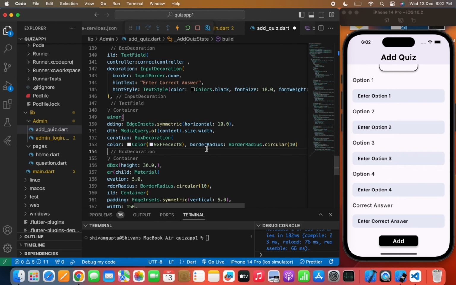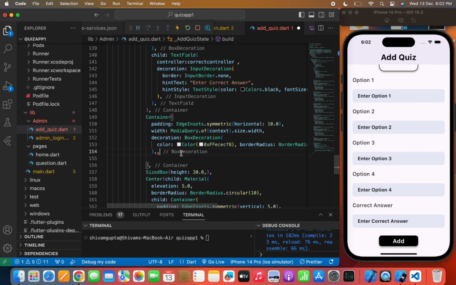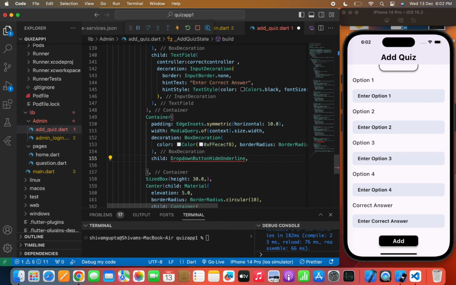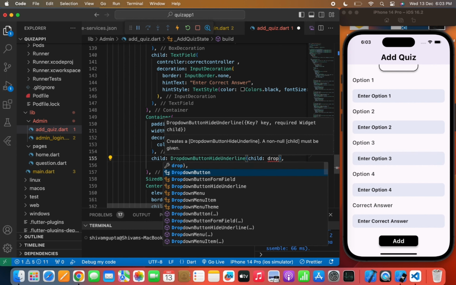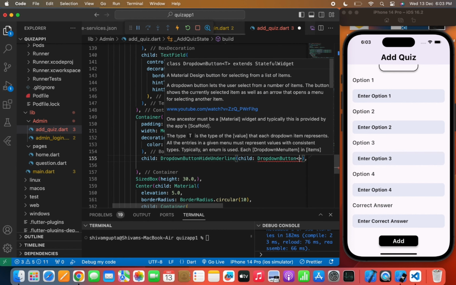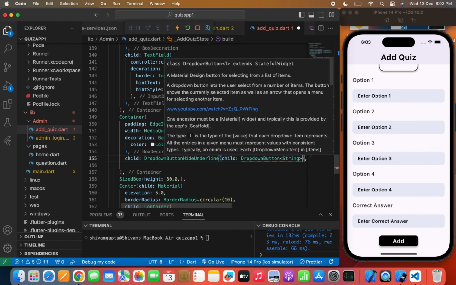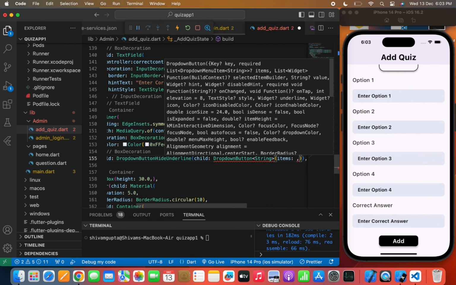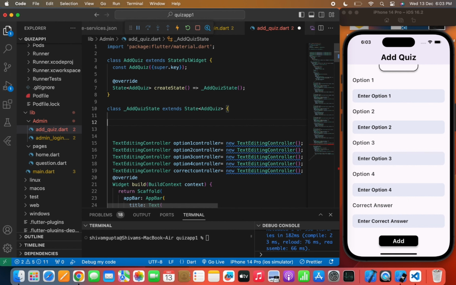So we'll give the padding, width and the customized color code in our decoration, box decoration. Now border radius dot circular 10. Now child, and we'll create a drop down button underline, and in the child we'll write drop down button. Now items, in the items I will pass a